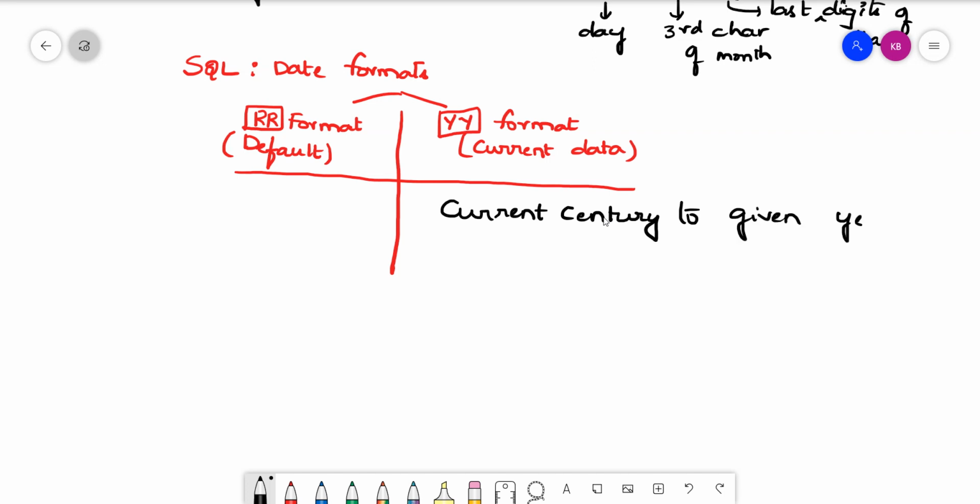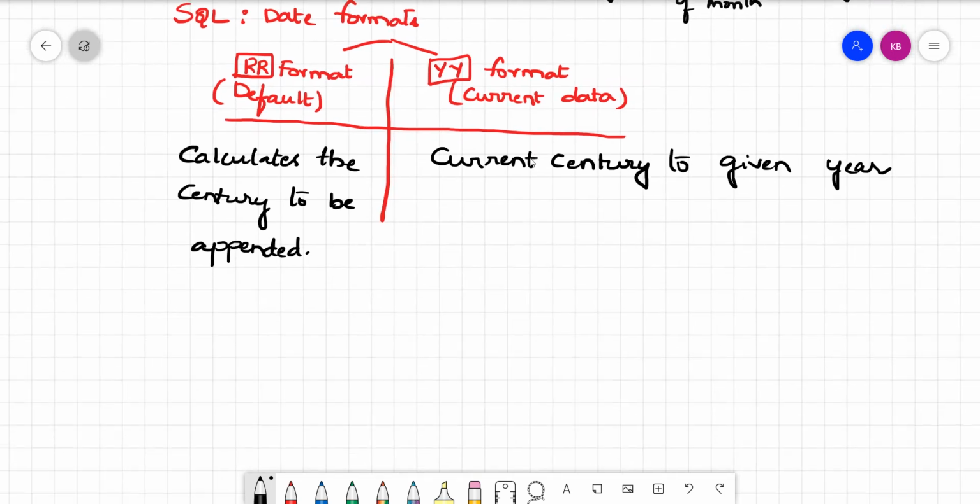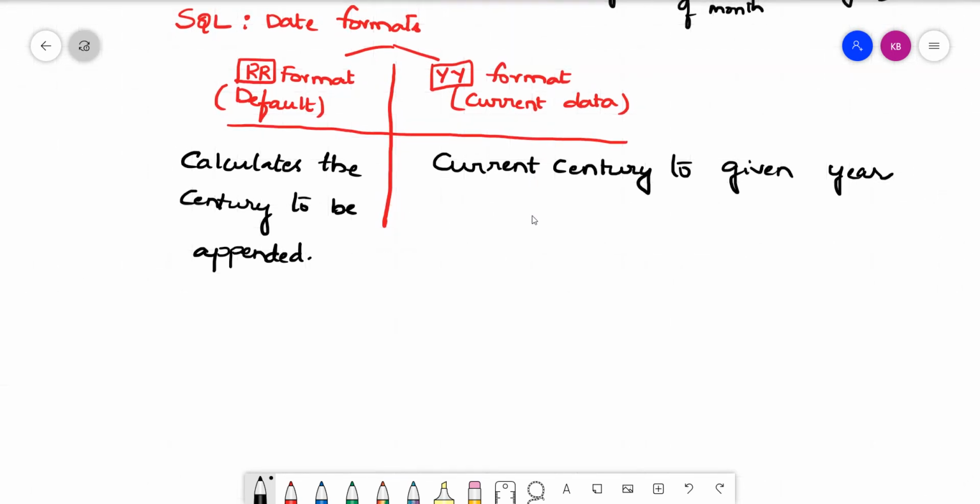But with the RR format, the Oracle server calculates the century to be appended. Here you may get a question: what is the problem if we always add the current century? Why are we speaking that much about the RR and YY format in specific?